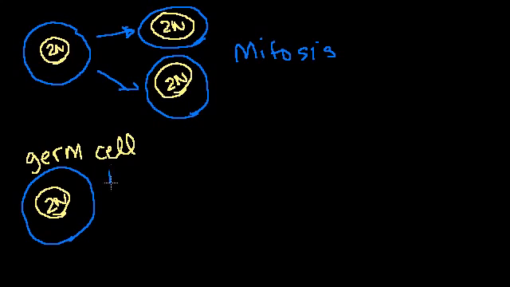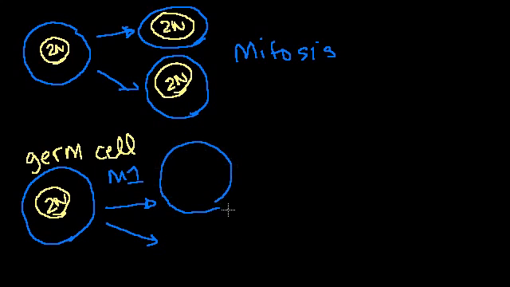So I'll call that M1. I'm not talking about the money supply here. In the first round of meiosis, this diploid cell essentially splits into two haploid cells. So if you started off with 46 chromosomes, you formally have 23 chromosomes in each one. Or you can almost view it, if you have 23 pairs here, each with 2 chromosomes, those pairs get split into this stage. And then in meiosis 2,